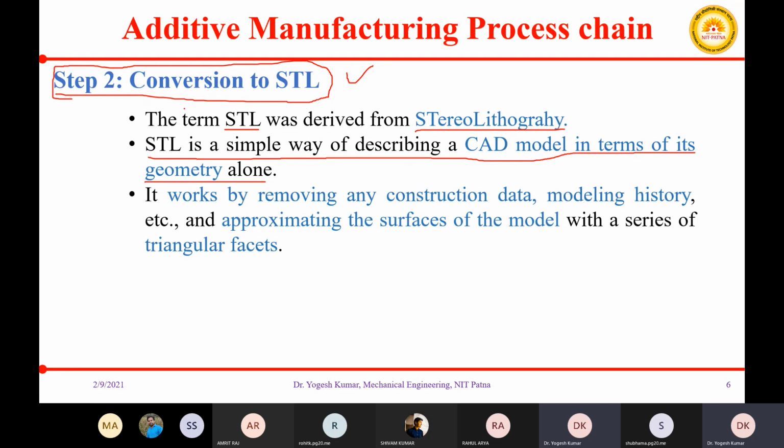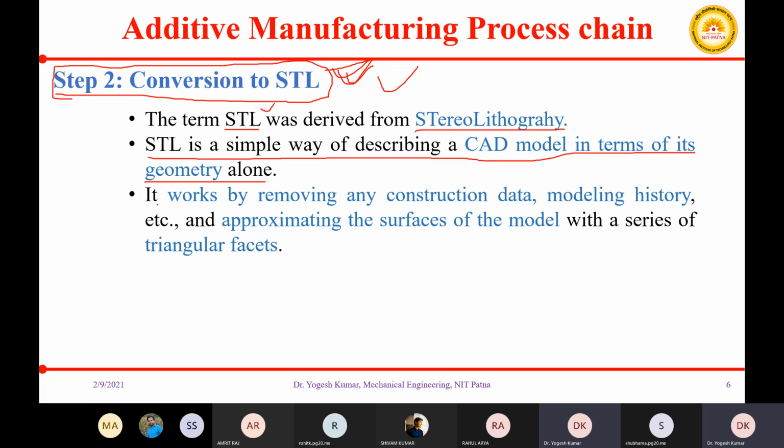For additive manufacturing, your CAD file should be a solid modeling component developed in any modeling software, and it has to be converted into a stereolithography or STL file.